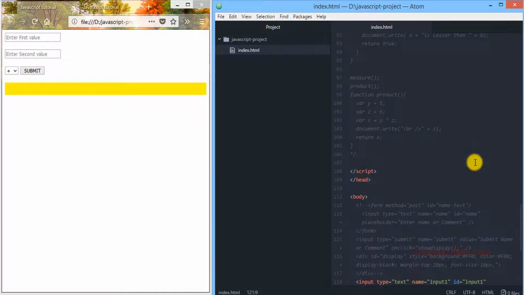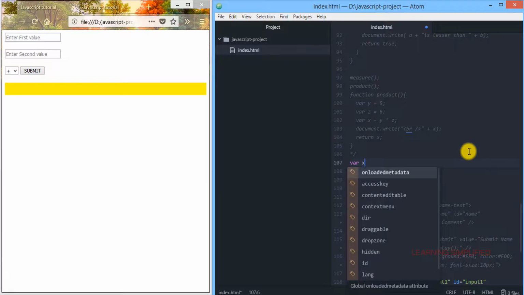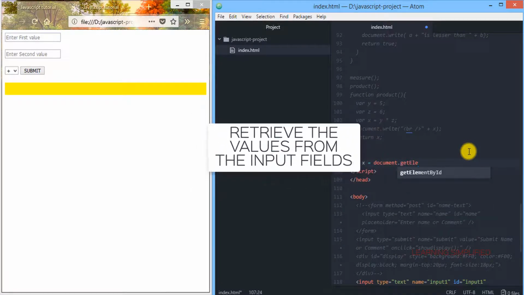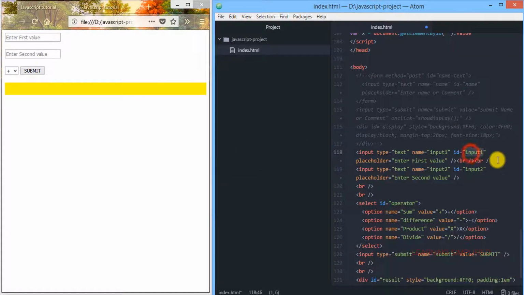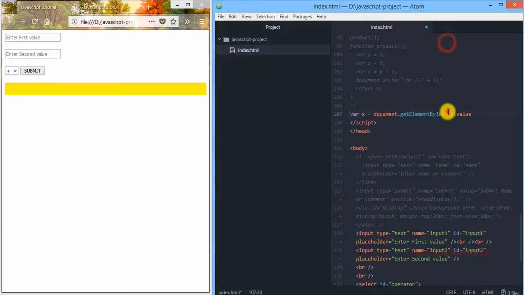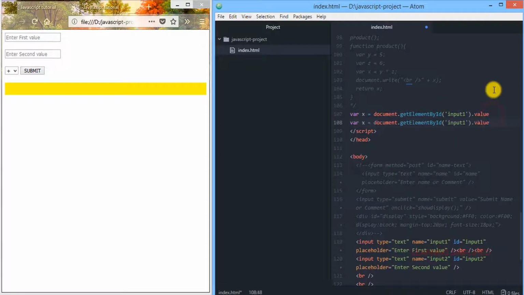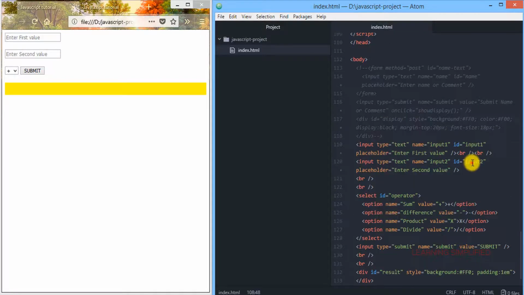If we now get back to our project, first of all we have to retrieve those values. We'll be needing an ID here, so that is what we are looking for. This is the first input, input 1. Retrieve the second input value that we have provided. This is input 2.